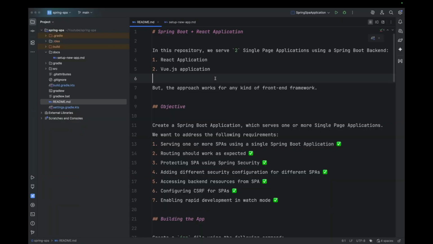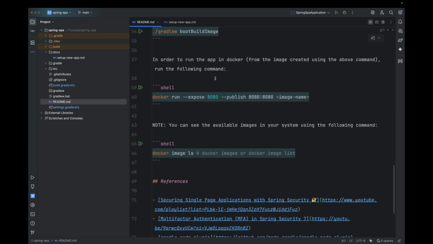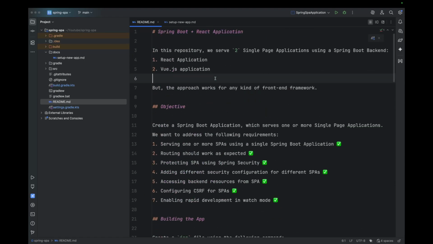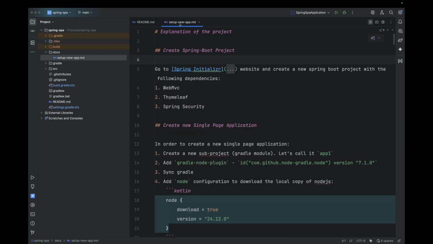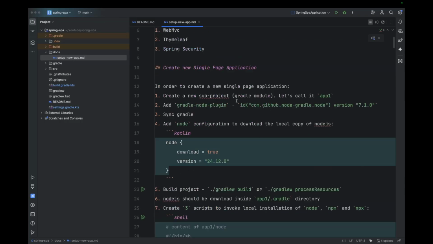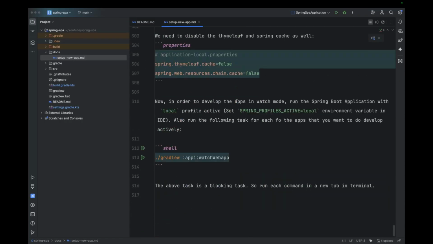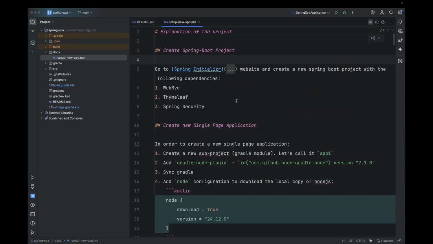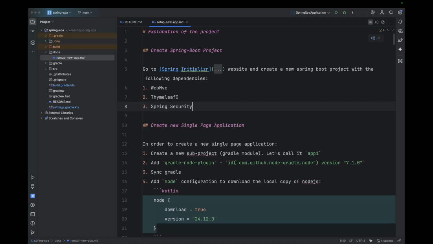This is the README of this project, so you can go through it. The README contains the capabilities of this project, and there is a file, setup new app, inside the docs directory, which contains all the things we will cover in this video today. I will go through this file so that we don't miss any step. Since we want to serve a React app, or any single page application, using a Spring Boot backend,